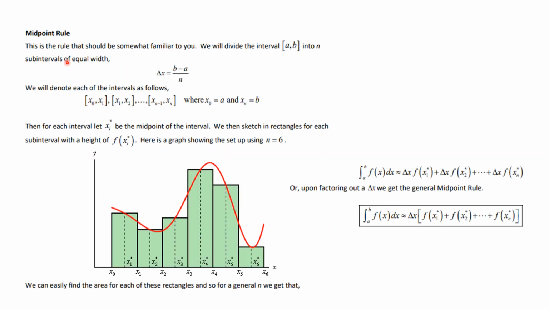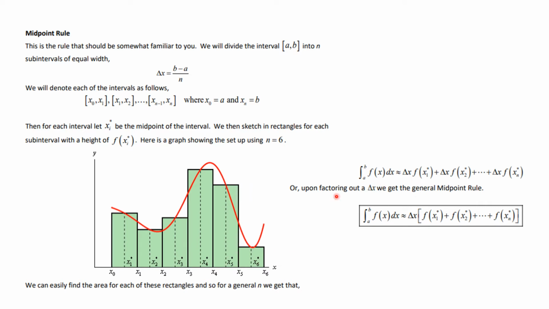You certainly could use the midpoint rule, and here we've got a red function that we want to approximate. So what we're going to have is 1, 2, 3, 4, 5, 6 rectangles that will approximate, and we'll use the height of the rectangle to be the value of the function at the midpoints of these equally spaced intervals, and the width is always going to be this delta x, which is b minus a over n, and we partitioned this